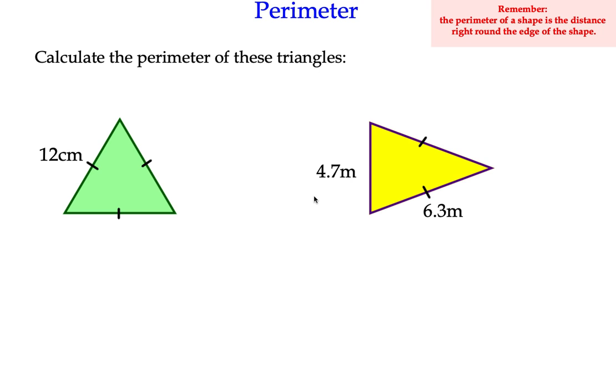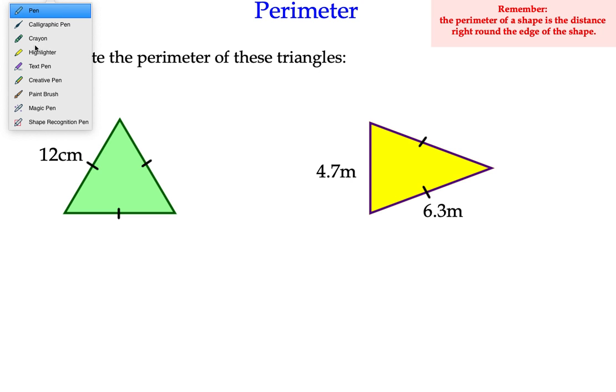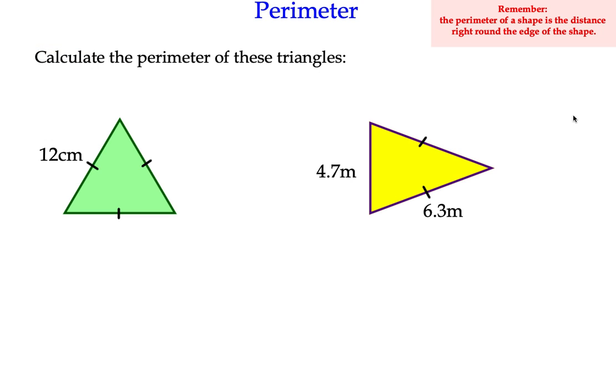Hi, so we're going to have a look at calculating the perimeter of shapes. You may have seen the first video that I did, and a wee reminder that the perimeter of a shape, as it says in the top corner, is basically the distance all the way around the outside. So what we're looking to do is to highlight the fact that in any shape, if you start at one corner, say for instance, one vertex, if you were to consider the distance all the way around the outside,